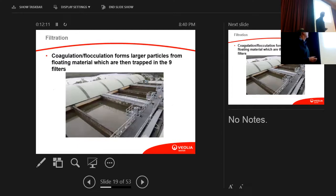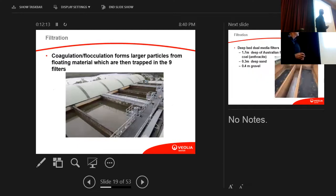That's the filter block, so we have 9 of those at the plant. The plant can run on probably half that if necessary at the moment, but each one of those filters will run for about 30 or 40 hours and then get backwashed to get the dirt that it's collected out of the system. That gets used elsewhere and then stored elsewhere, and then the filter will then commence operation again,